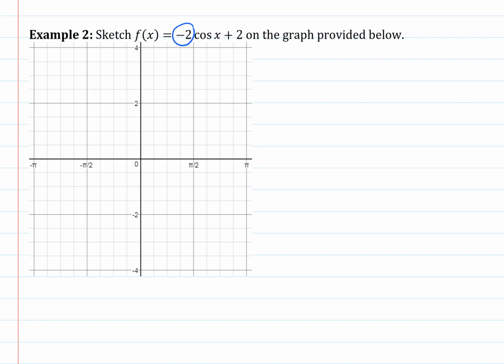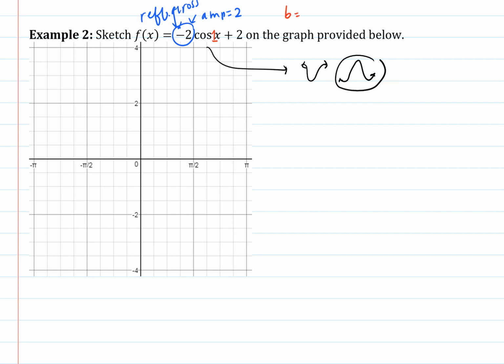So again, let's annotate what we have here. -2 means that I have an amplitude of 2, and that negative sign means there's a reflection across the x-axis. And since it's a cosine function, I know that cosine usually looks like this. If you reflect it across the x-axis, now it'll look like this. Okay, I see that there's no coefficient next to x written, so it must be an unwritten coefficient of 1. That means my b